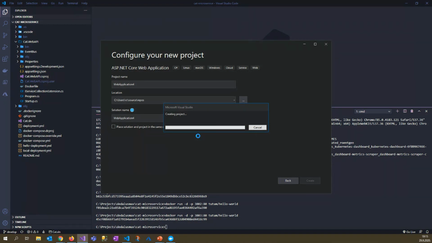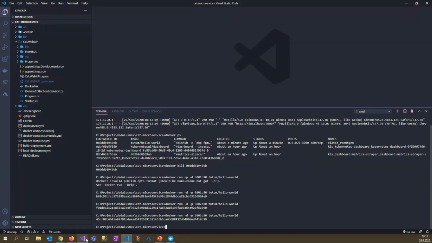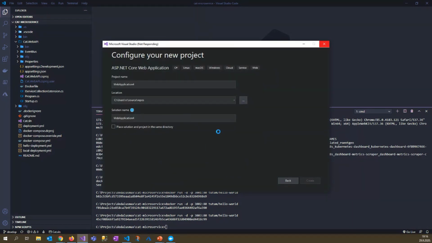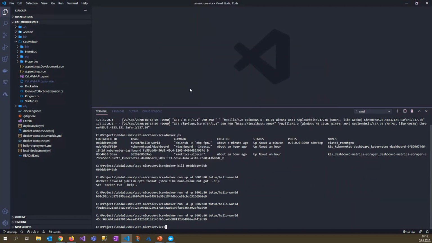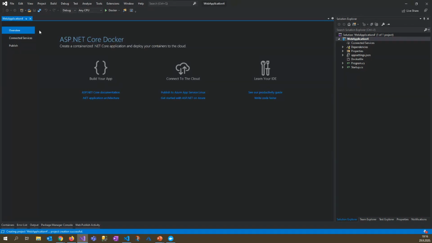Let's see how it looks, and we will see what we have with increased productivity for using Docker. Okay. The first thing I'm actually very fond of is this introductory page that shows the important